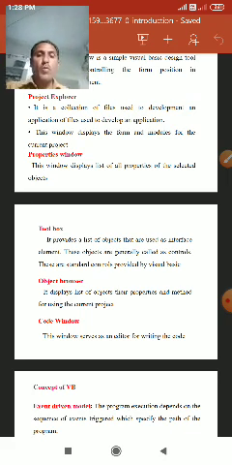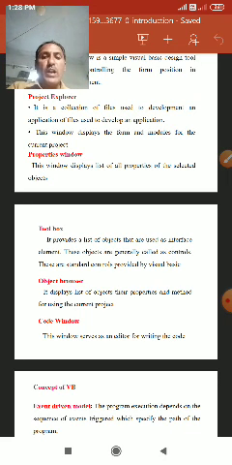The toolbox provides a list of objects that are used as interface elements. These objects are generally called controls. These are the standard controls provided by Visual Basic in the toolbox.